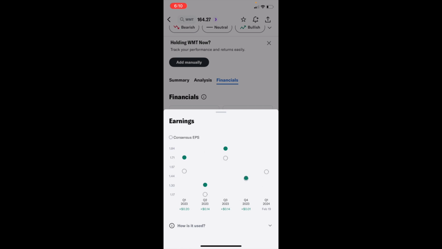So if you're looking for Q2, I can view this from the past year. Obviously, Q2 hasn't came out yet for 2024, but for 2023, you can actually view the Q2 earnings here in this earnings report. So fairly straightforward, but this is how to view the Q2 earnings of a stock here on